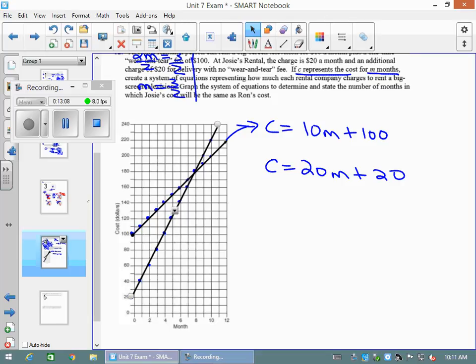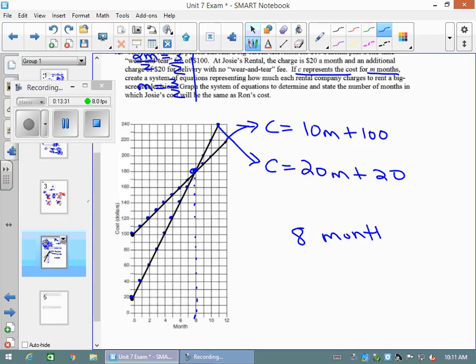Label it. This equation here. They asked me which one Josie's plus will equal Ron's cross, so I want to see where the graphs cross, and that would be right here. So then I'm going to look down to the x-axis, and you would have to state 8, at 8 months, or month 8 if you wanted to say. You could say that